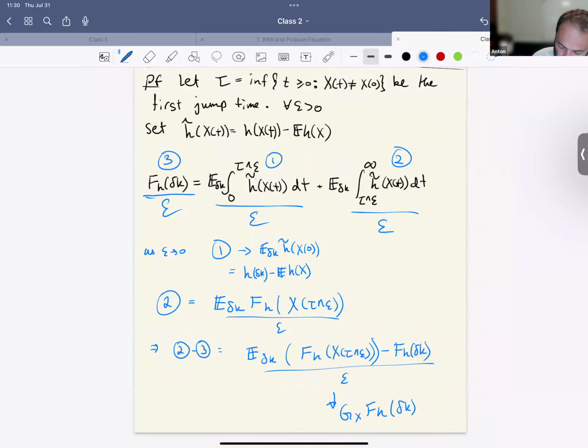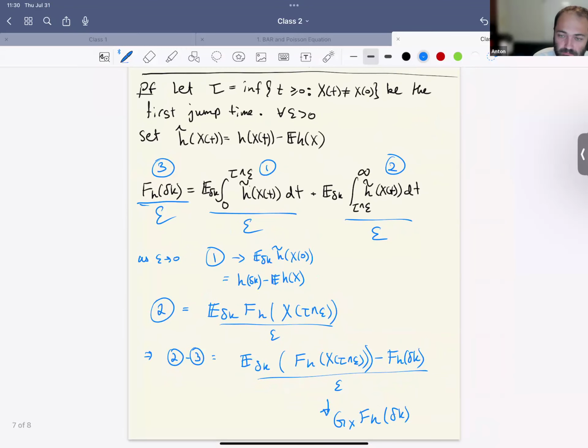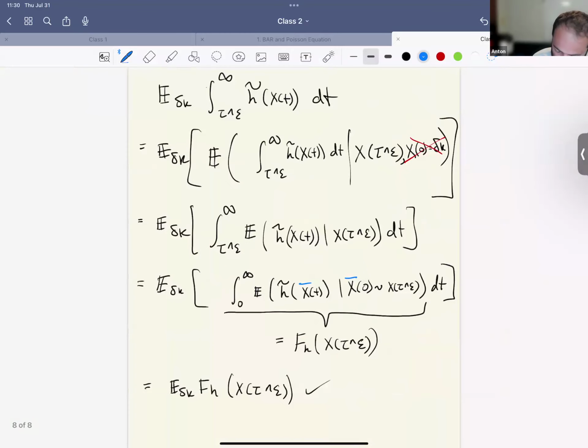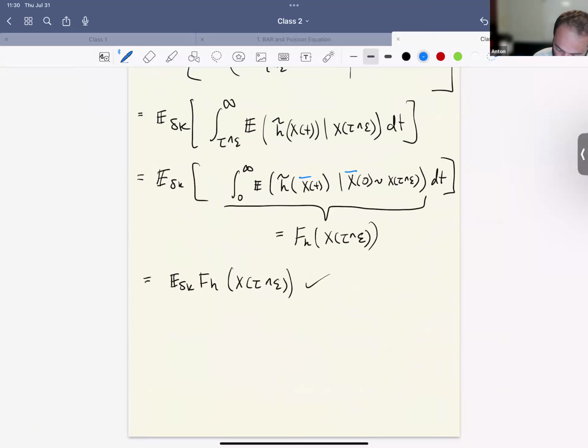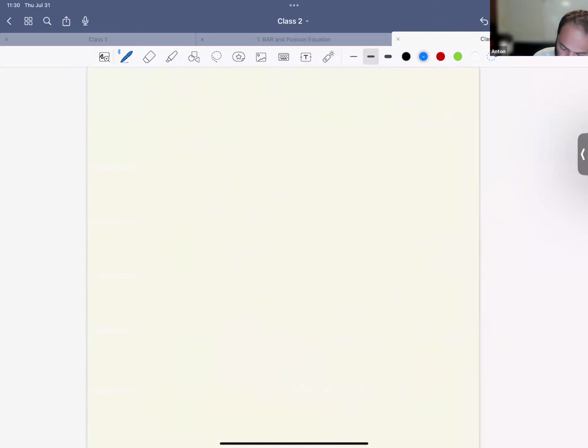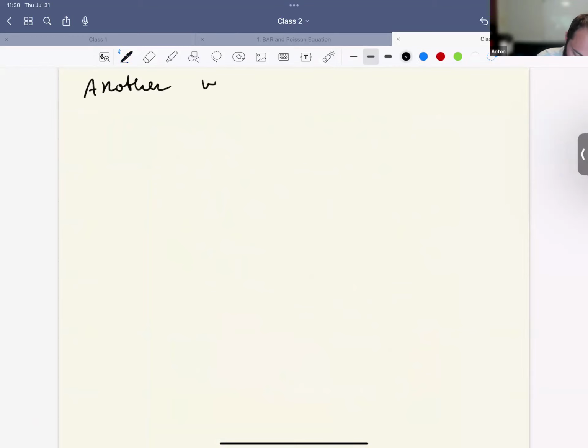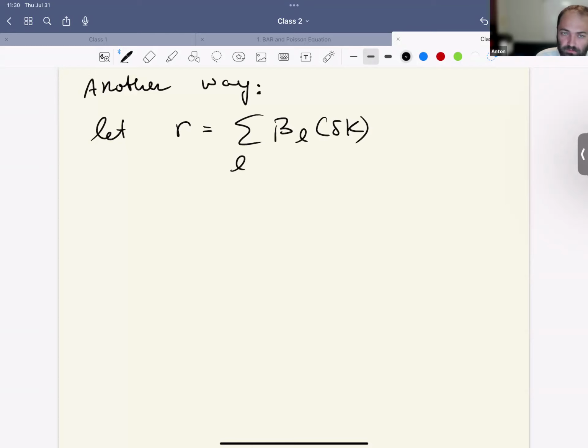Okay. I said there are two avenues to the proof. I'm not going to give you the full details of the second one because I want to make sure we finish on time. But what I do want to show you is another way. Okay. So let R be the sum of all possible transition rates from state delta k. Then what we can really do is